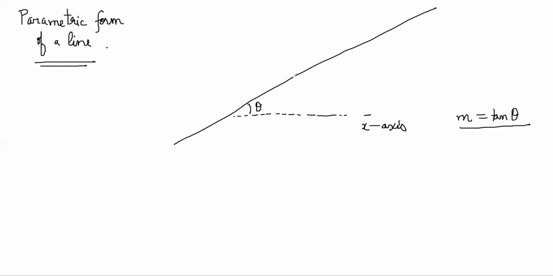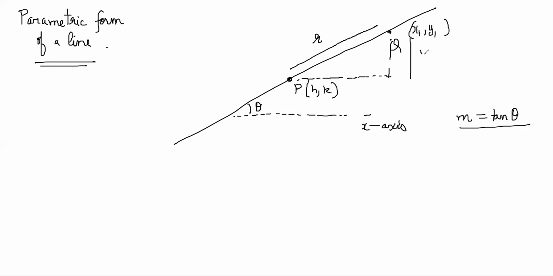So let's say there is a fixed point on this line. This is called h comma k, right? And you want another point on this line, q, which is at a distance r from it, okay? So now you can draw a right angle triangle like this, no? So you can say that this distance, let's say q is x1 comma y1, right?